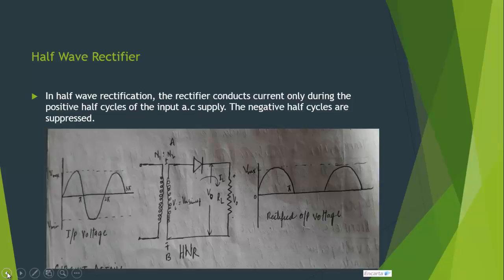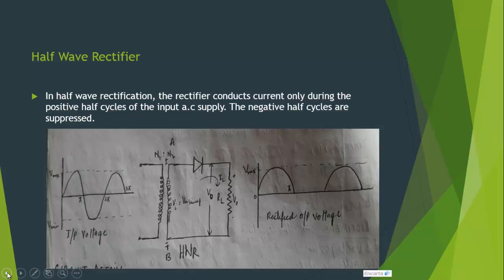During negative half cycle of the AC input voltage, end B becomes positive with respect to A. Under this condition, the diode is reverse biased and it conducts no current. Therefore, current flows through the diode during the positive half cycle of the input AC voltage only. It is blocked during the negative half cycle. In this way, current flows through the load resistor RL